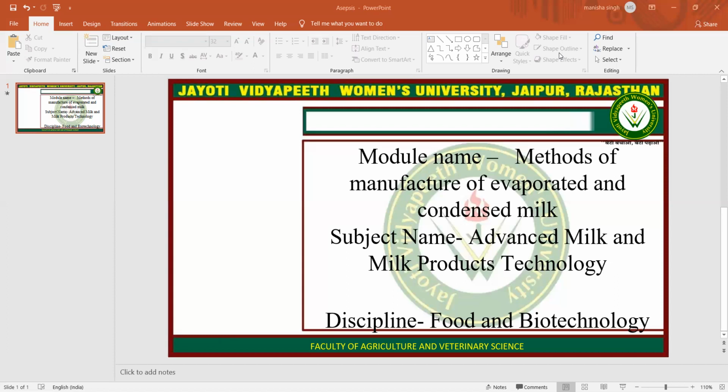After that, there is an addition of sugar. The main purpose of this step is the preservation of the product. The amount ranges from 40 to 45% in the finished product, which requires 18 to 20% sugar on the milk basis. However, Hunziker advocated a sugar ratio of 62.5 to 64.5% sugar in water concentration. This amount not only ensures proper protection against microbial action but also prevents sugar crystallization.